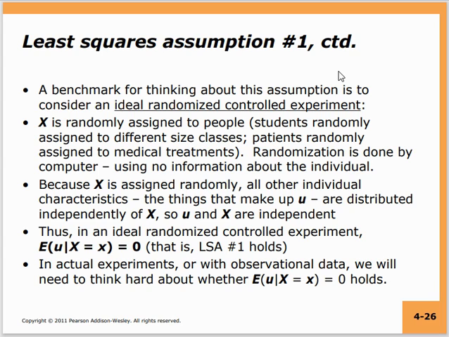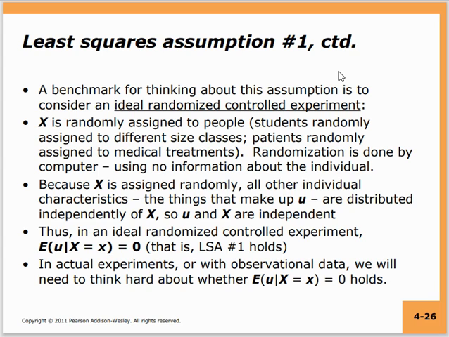If you could actually randomly assign students to different class sizes, you would have an ideal randomized controlled experiment. In reality you cannot do that. Students will choose to attend certain schools, those schools will have certain class sizes, and students may prefer to go to schools which have smaller class sizes. But if you could do this, all other aspects of the students in different class sizes would be the same, because they are randomly chosen, and in this case the expected value of the error will be 0.